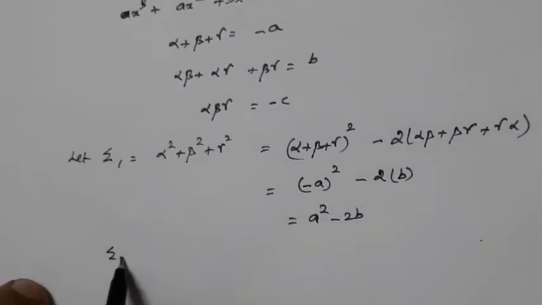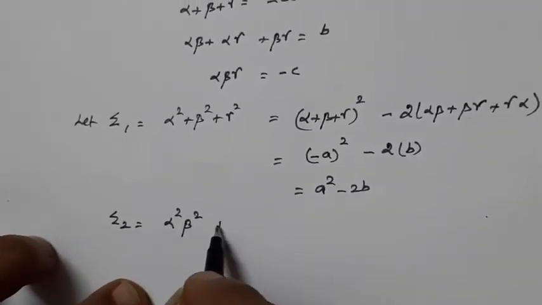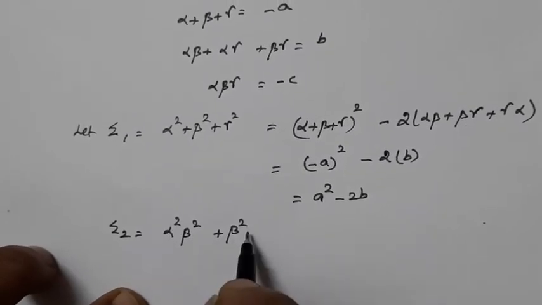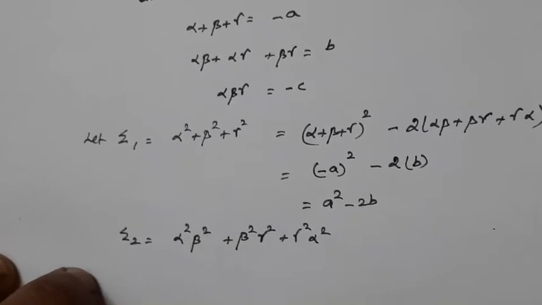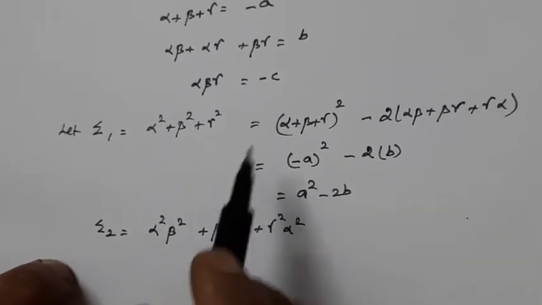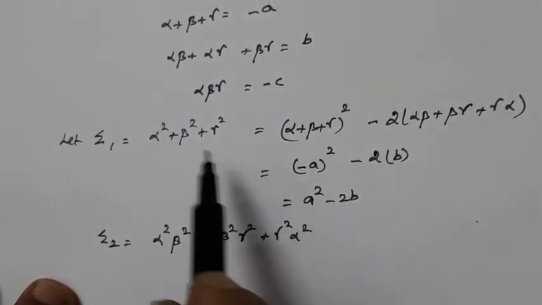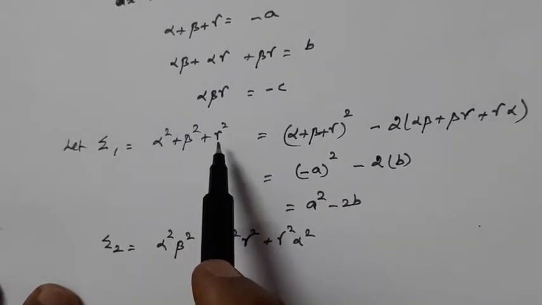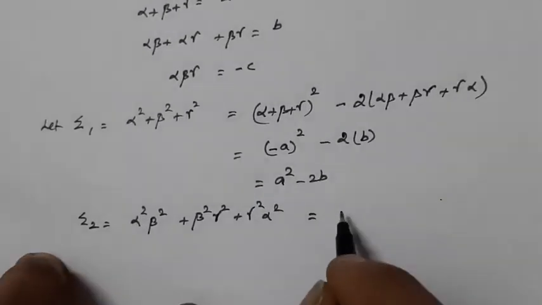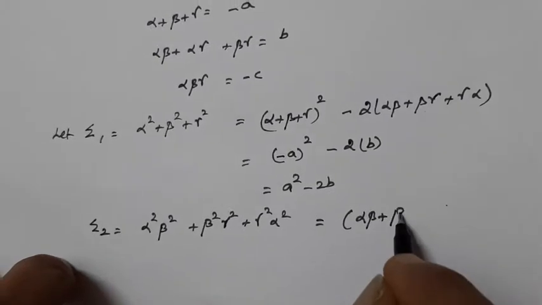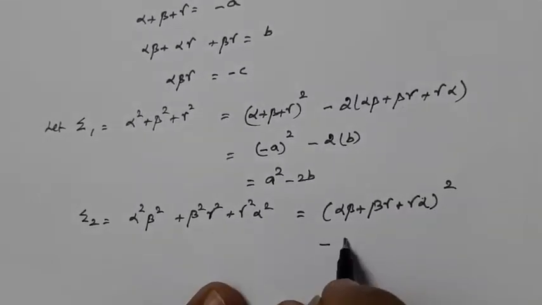Now let us find out sigma 2. Sigma 2 is nothing but the sum of the product of the roots taken 2 at a time. That is alpha squared beta squared plus beta squared gamma squared plus gamma squared alpha squared. So in order to get this value, again we are going to use the same algebraic identity. Instead of alpha we have alpha beta, and instead of beta we have beta gamma, and instead of gamma we have gamma alpha. So again applying the same identity, this will be equal to alpha beta plus beta gamma plus gamma alpha the whole squared minus 2 into